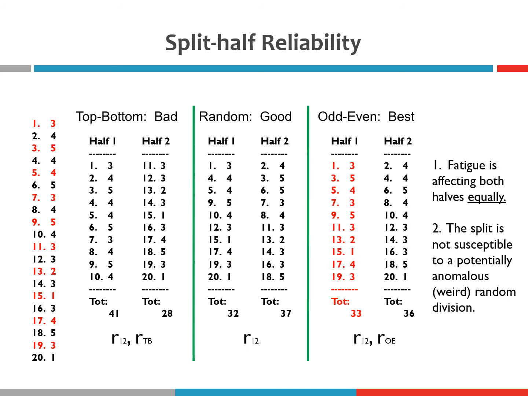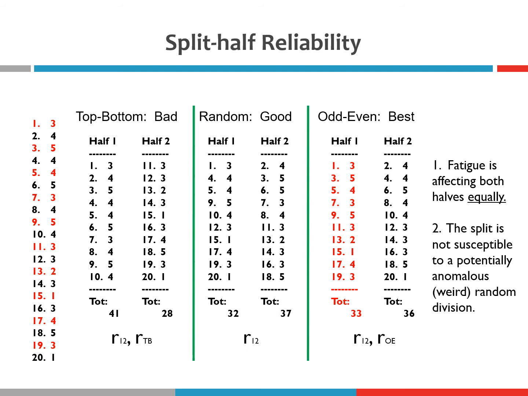But our selection of questions is kind of random. We just haphazardly decided what questions are going to go in the first half and what questions are going to go in the second half. So maybe we want to do it a little bit less randomly. If that's the case, we could take all of the odd or even numbered questions and put